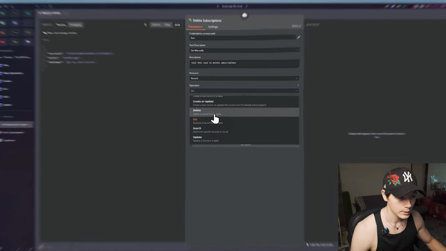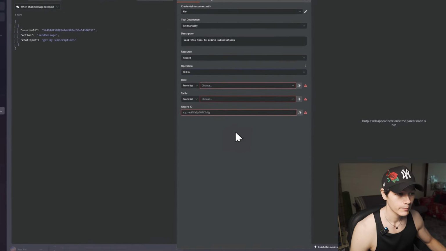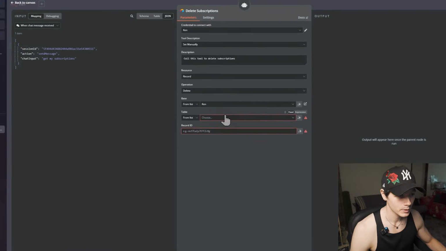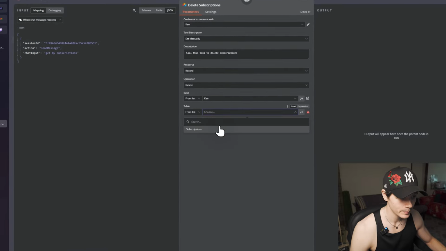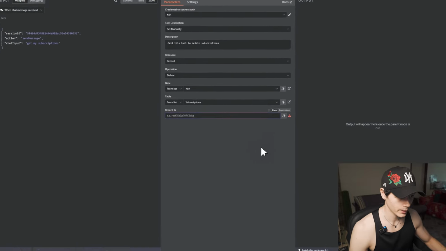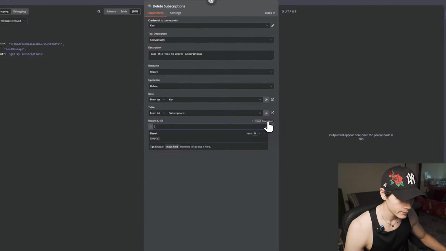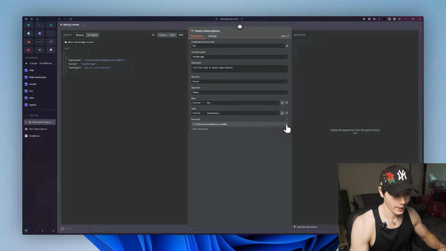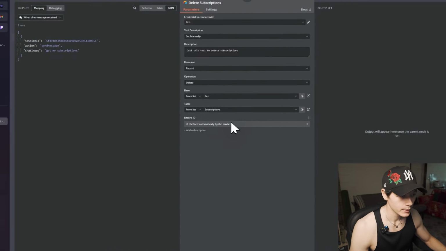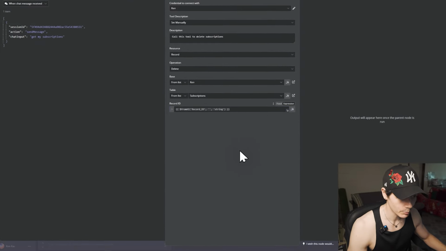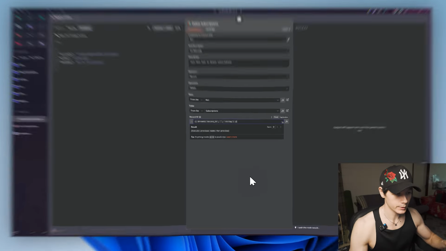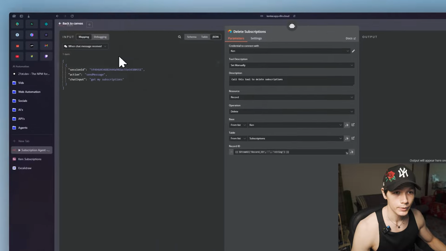So if we actually look at delete, it's right here. We can just press that. The base, again, it's going to be Ken in my case, from the table of subscriptions. And then we have the record ID. We're going to click on expression. We're going to press this little button here, and that's just going to define this automatically by the AI. Okay, and if you want to see what it's actually putting in here, we can see it's a $fromAI, record ID with the string, which is the text of the record ID. So now if we come back,